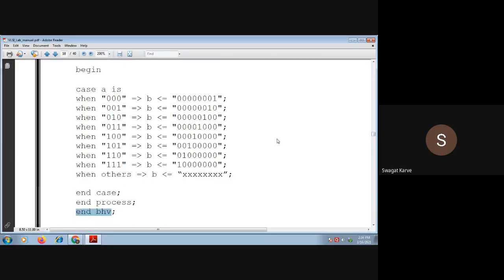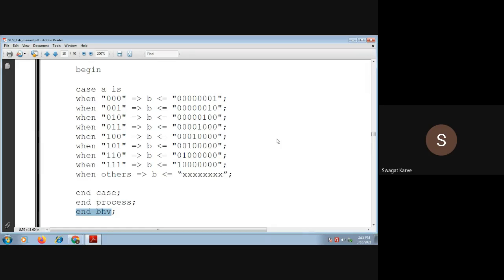In the same way, with some modifications, you can write code for a 2 to 4 decoder. You can write a 4 to 16 decoder, no problem, with a little bit of changes in the code. You can see the simplicity with the help of VHDL, right?